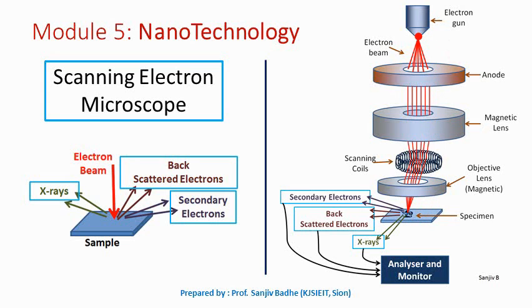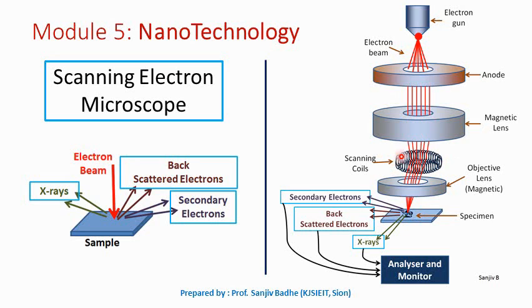In this construction you can see the electron gun here. This electron gun produces the beam of electrons. This beam of electrons is accelerated towards the sample, in the downward direction in this case, with the help of this anode. This anode is kept at positive potential, so it will attract the electrons towards it, and it is provided with one hole, so the electrons can pass through this hole. Then we use a magnetic lens, which is also called a condenser lens. This condenser lens will focus the electron beam into a small region of size 40 to 50 angstroms.